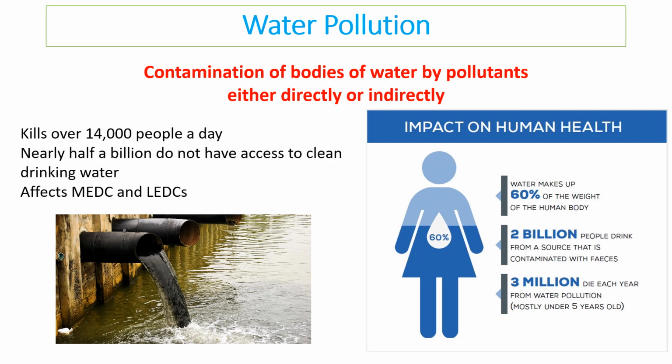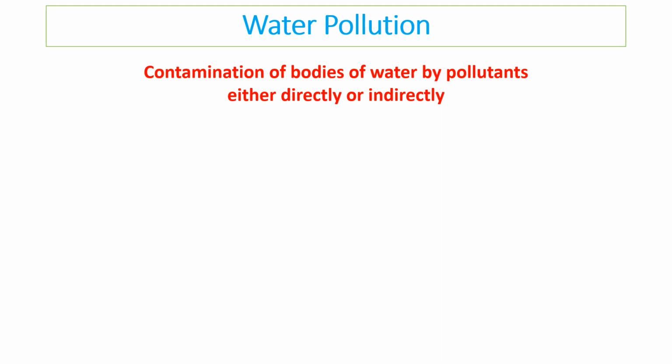Water pollution is a serious matter globally because it kills 14,000 people a day, because we all rely so much on water. Nearly 500 million people around the world still don't have access to clean drinking water. But water pollution isn't just about poorer parts of the world. It affects both developed and less developed countries, higher and lower economic countries. Why is water so important? Because of our bodies, it is critical for water to be healthy for us to be healthy as a result.